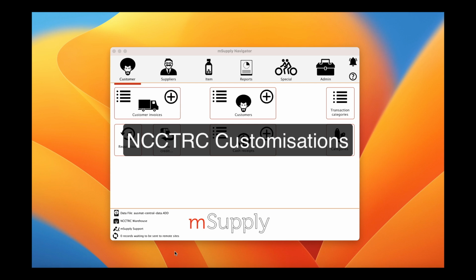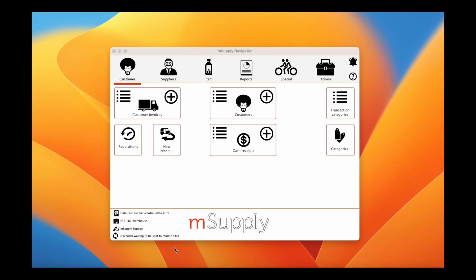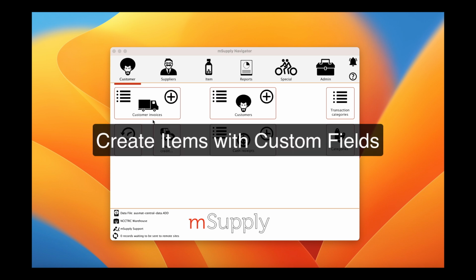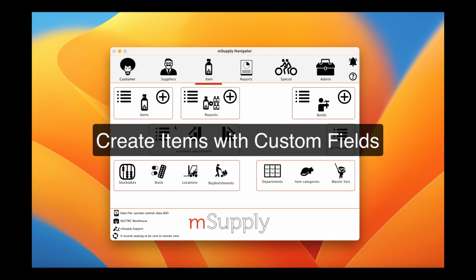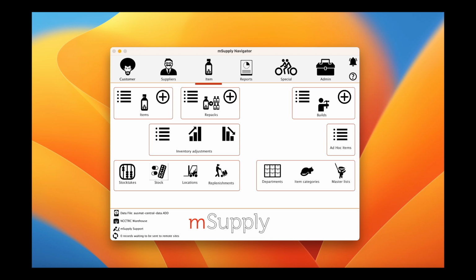Everyone. So today we are going to look at the NCCTRC customization, or what we've called the OSMAT 2024 customization. So the first thing we want to do is, with our items, we have some custom fields set, and these